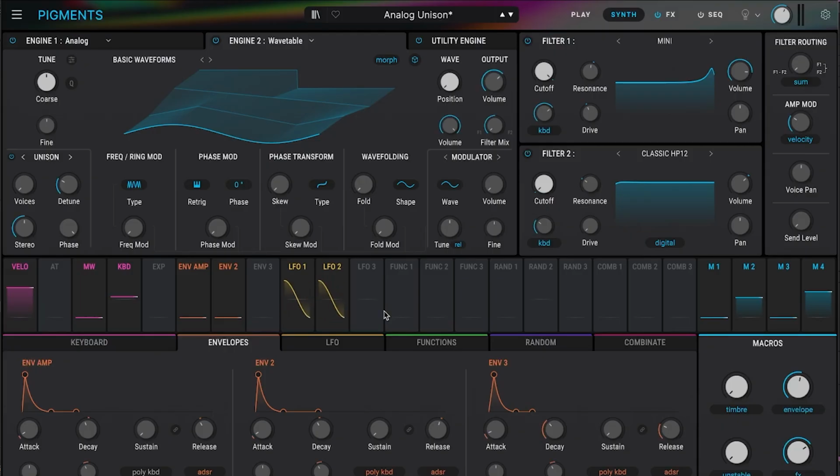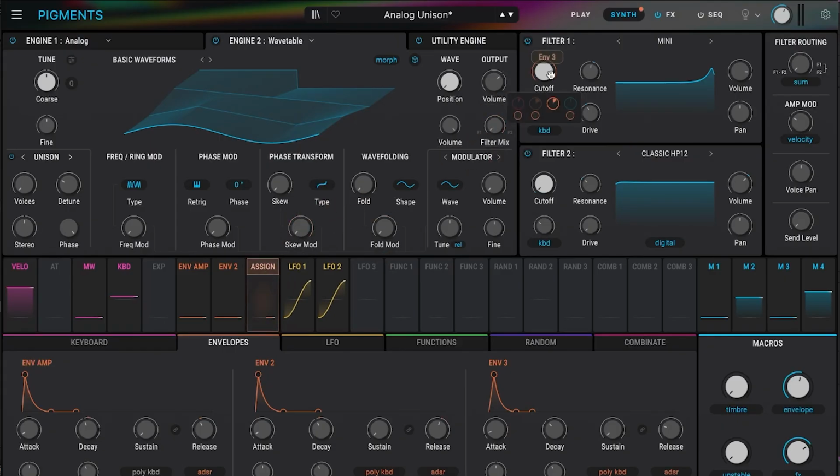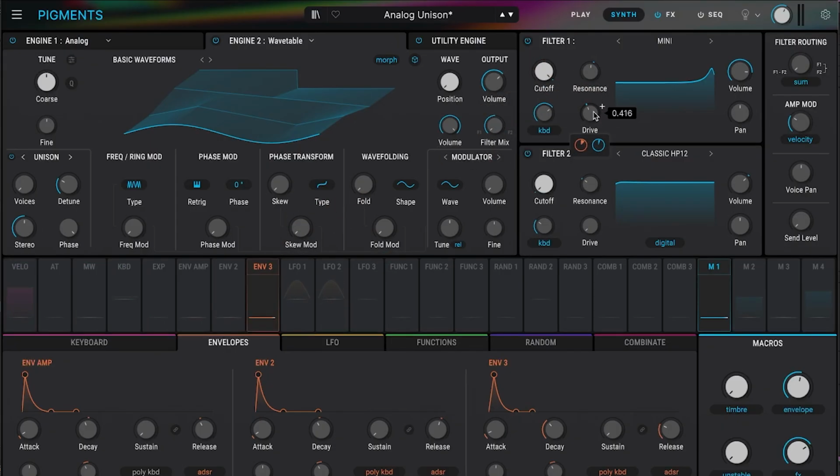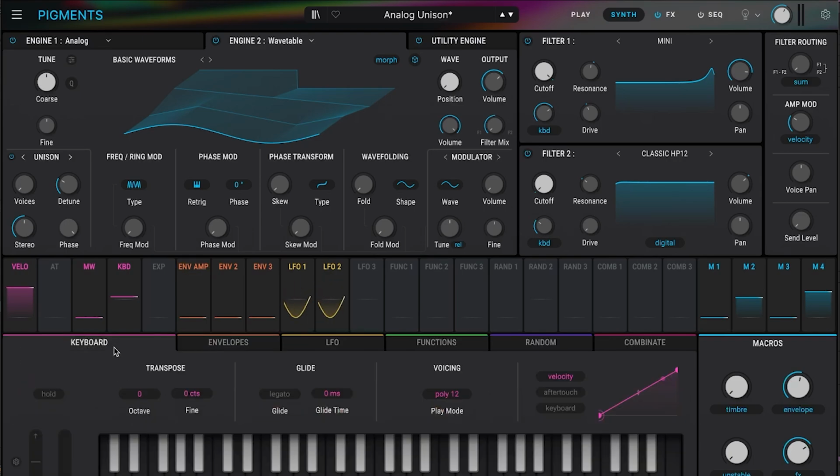And I really like how easy it is to route something from source to destination. You simply just grab it and drag it to whatever you want to modulate and drop it in there. And then you adjust the depth with these wheels down here. Pretty cool. And then below the modulation options, we have the parameters for things like the keyboard here, where we